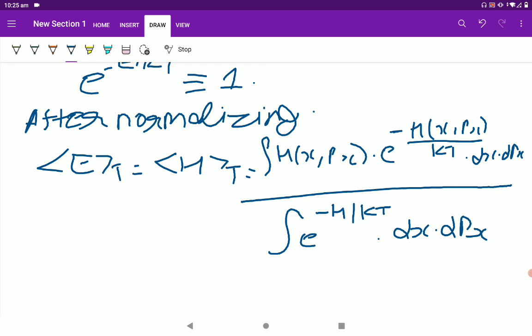So in this integral, if we substitute px squared by 2m plus half kx squared equal to H(x, px), then we are going to get